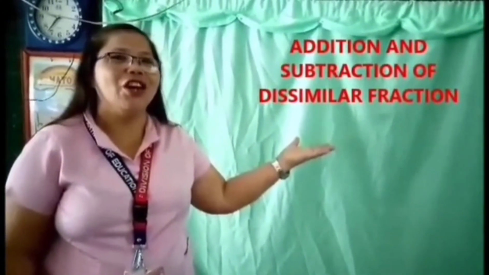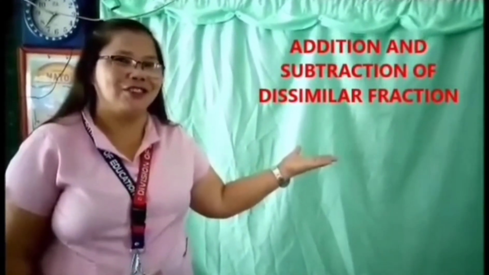Please join me and let us learn about addition and subtraction of similar fractions. Yesterday, we added and subtracted fractions of different denominators using the Rick method. How do you find it? Yes, it's very hard since it involves many operations. This time, we will do it again in a simpler way.